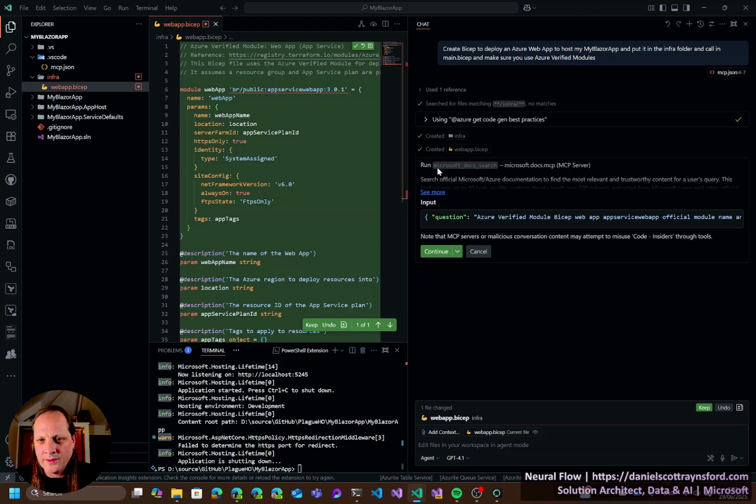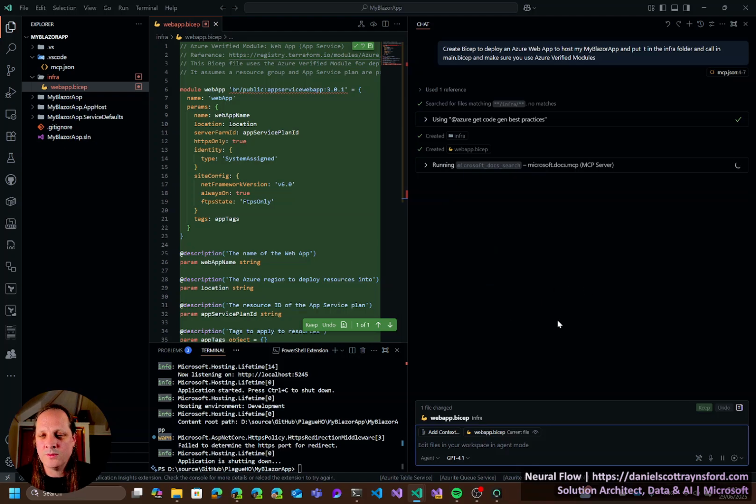So there's our Bicep. Oh, and it said, I would like to run the Microsoft Docs search to ask Azure Verified Module Bicep for web app official module name and usage. Cool. It's decided it needs to look up the usage for Azure Verified modules. Now I can continue and allow either in this session, so it will allow this query for this session, or in the workspace, so it will always allow this query or queries like it, or I can always allow. I'm just going to say allow in this workspace so that if it does any more searches, it won't have